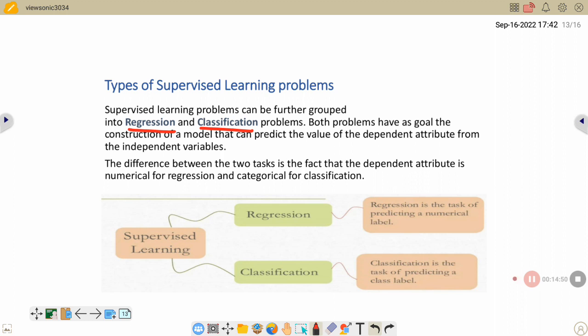But why are there two terminologies here? They are separate. Why? So coming to the difference. What is regression? Regression is the task of predicting a numerical number. It always deals with numerical values. Whereas in classification, we are predicting something with discrete categories, not numerical values. We are predicting with categories, okay, class levels.